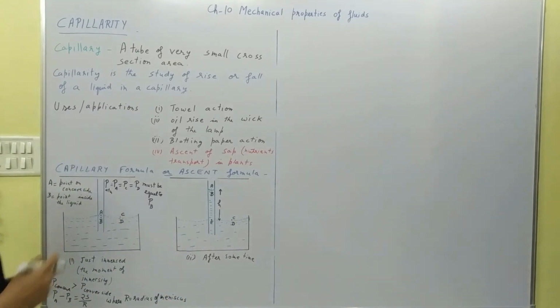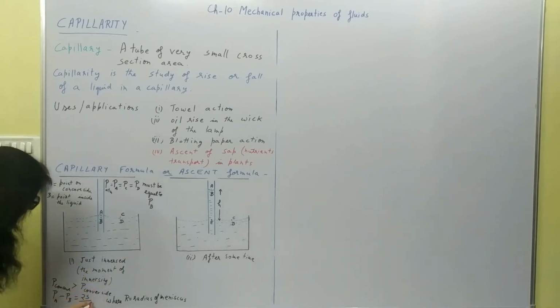So that's why the pressure at B cannot be equal to atmospheric pressure